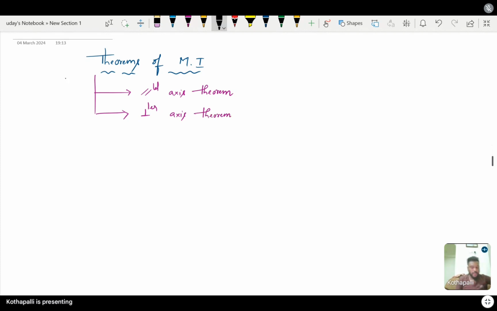Okay, first let us talk about parallel axis theorem statement and then put derivation and then applications. Applications we'll see after completing both the theorems. So first you can keep side heading as parallel axis theorem. So in parallel axis theorem, generally what we will do is